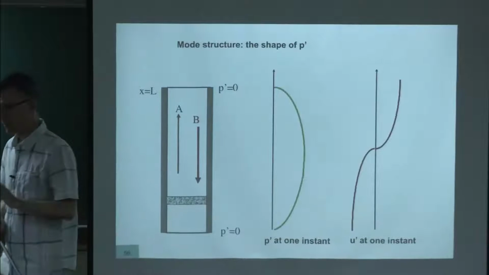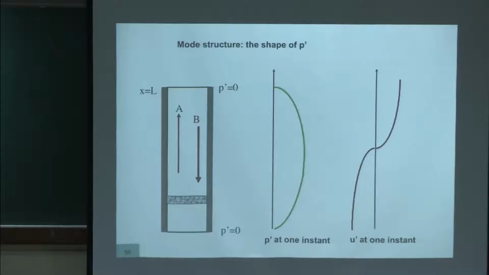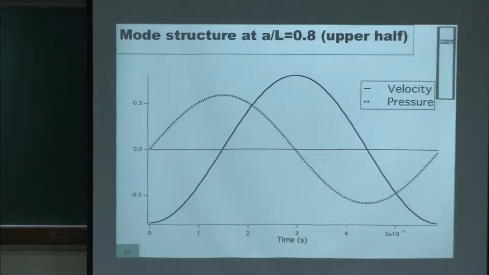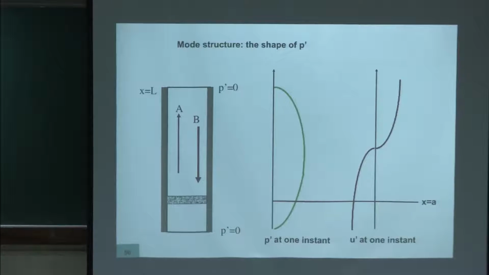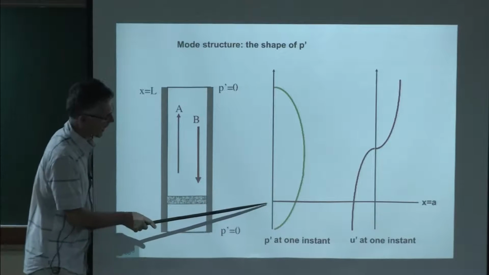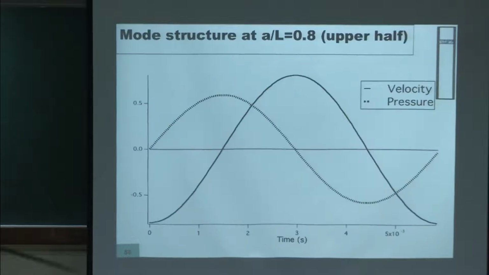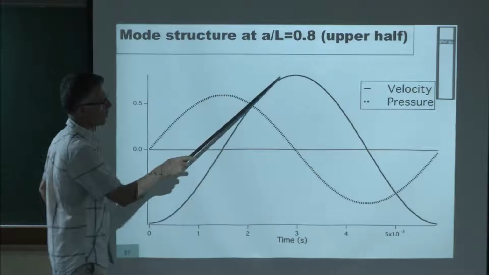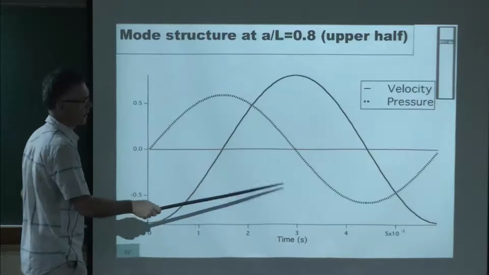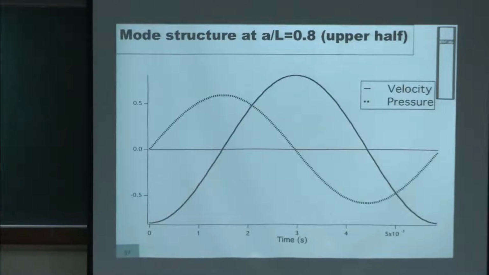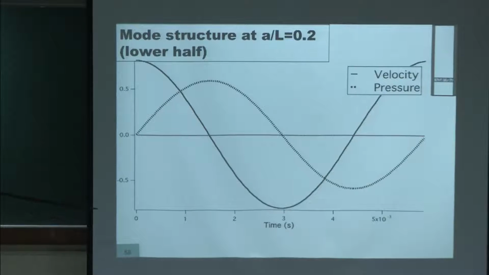That's without flame. Now, suppose you put a flame there. At x equals A, we install a flame front or a heat release, and we're wondering what is going to happen. If we look at the signal in time at point A, you see pressure oscillating and velocity oscillating. This is the velocity oscillating at that point, and this is the pressure. It's a sinusoidal signal. At point 8, it's at the upper half. Point 2 is at the bottom.